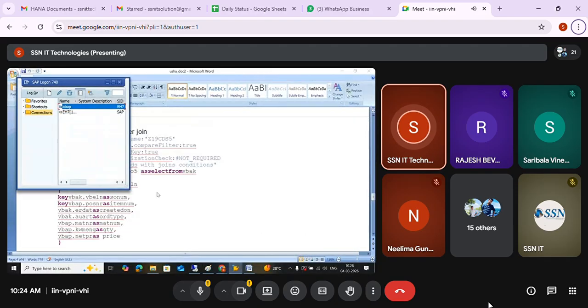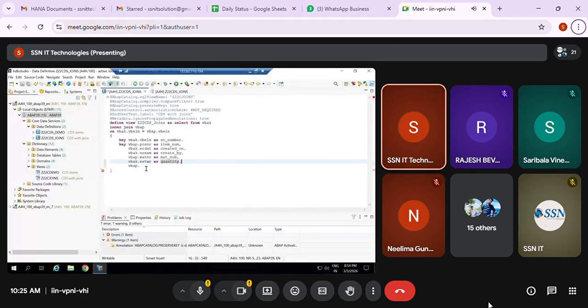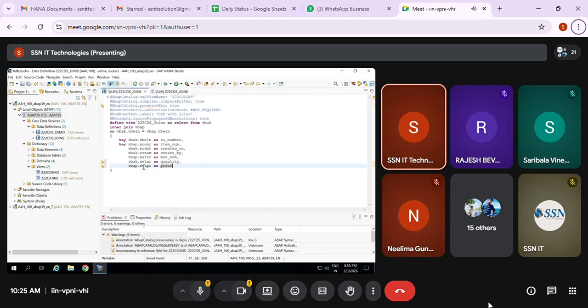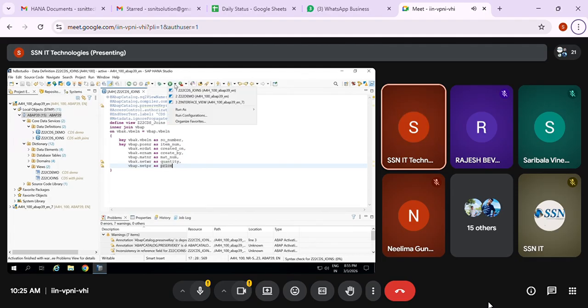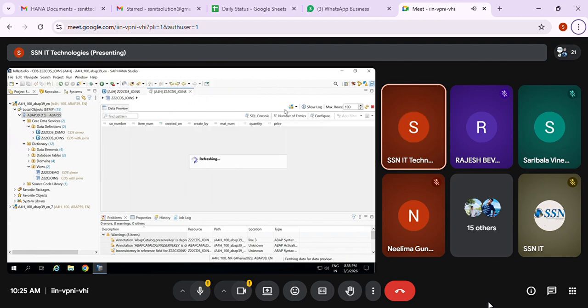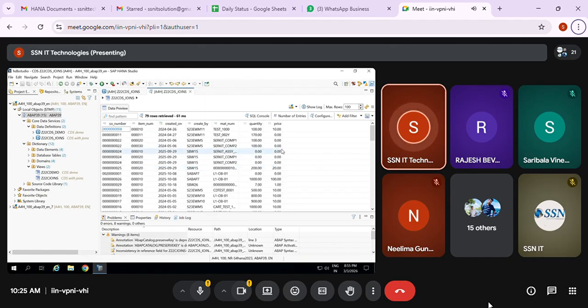You can open the table and see. NETPR. Okay. Price. Okay. Activate it. I'll just close this and run this. I just added one more field. Yes, we got the quantity and price also.